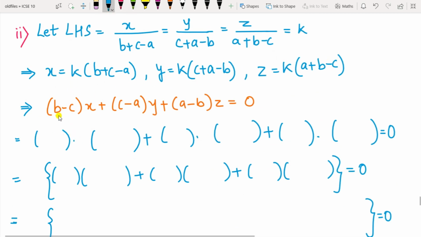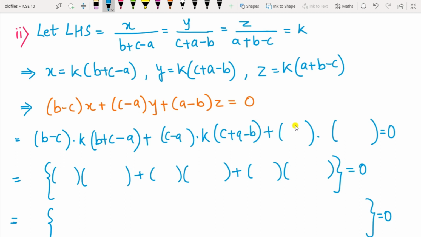Now here the value of x has to be substituted in b minus c. So b minus c, so the value of x is k(b + c minus a). So this is c minus a, y value is k(c + a minus b). Third term is a minus b, and this is k(a + b minus c) equal to 0. Okay, so now from this you can take k